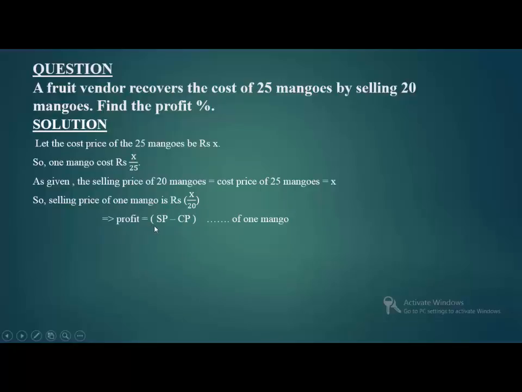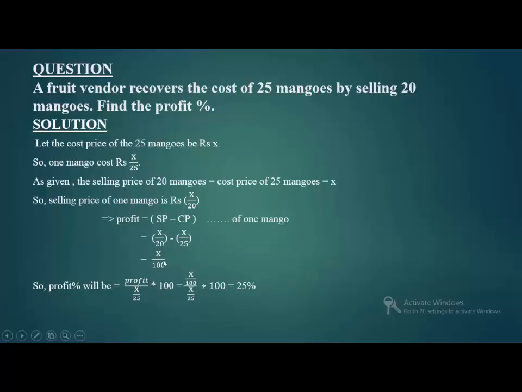The profit will be given by the selling price of one mango minus the cost price of one mango. This is what I was talking about, that I will make the number of objects the same. So it equals X by 20 minus X by 25, as we have calculated here and here, which will be equal to X by 100. Now the profit percent will be calculated as profit by cost price of one mango,